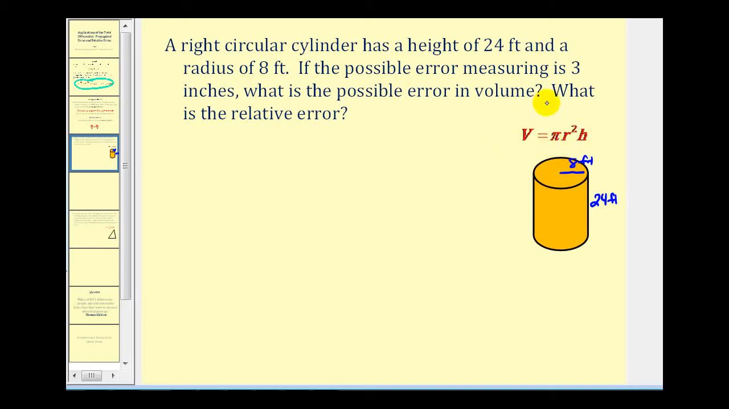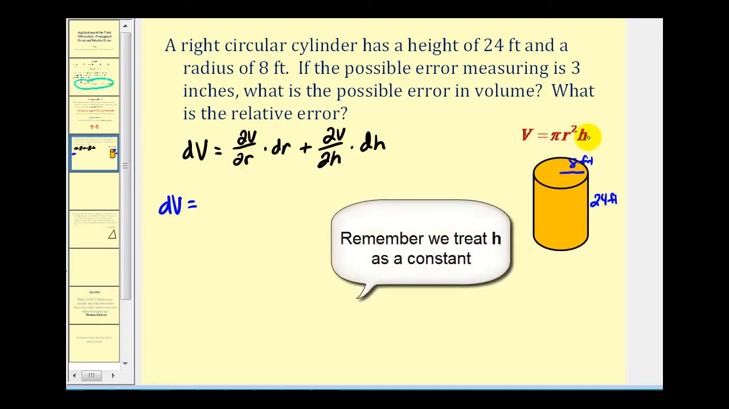So let's go ahead and write out our formula for differential v using this formula, and then we'll fill in all the necessary information. Before we do that, we can see that v is defined in terms of two variables because pi is a constant. So differential v is going to be equal to the partial derivative of v with respect to r times differential r plus the partial derivative of v with respect to h times differential h. It's equal to the partial of v with respect to r. That's going to be 2 pi r h